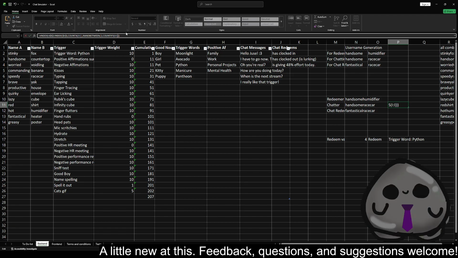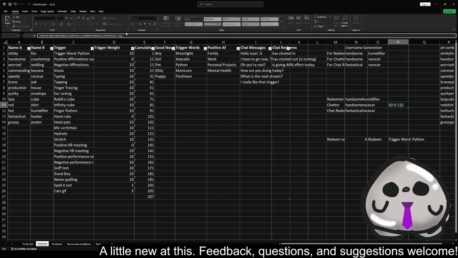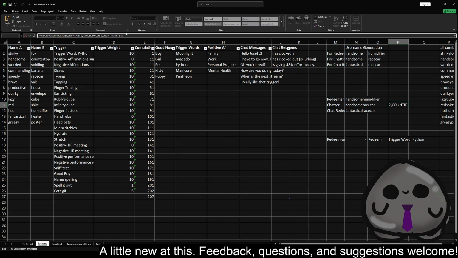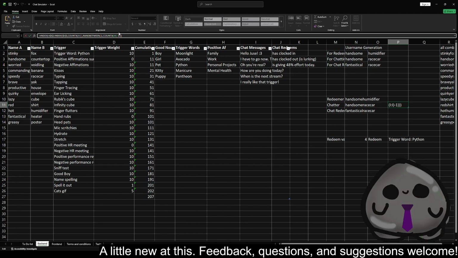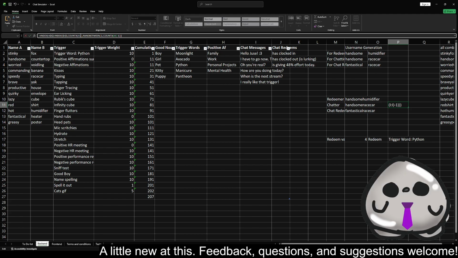Put a -1 on the outside and parenthesize. I don't think parenthesize is a real word. And turn this to COUNTA. That still doesn't really fix what